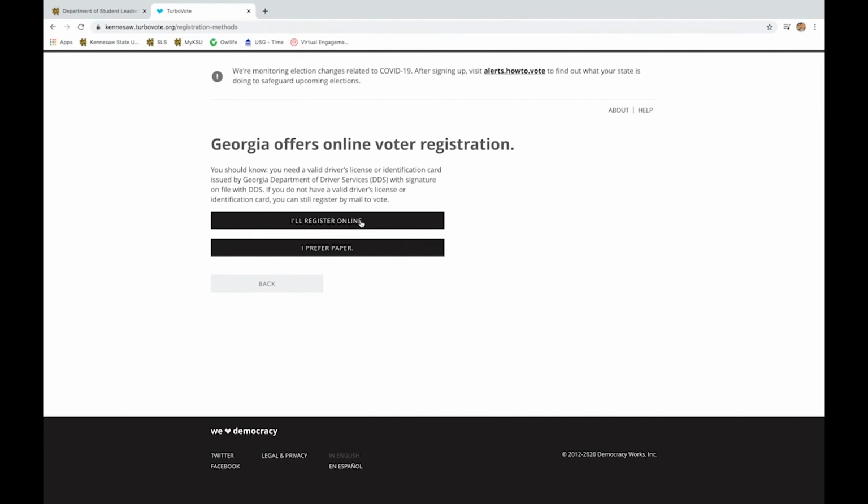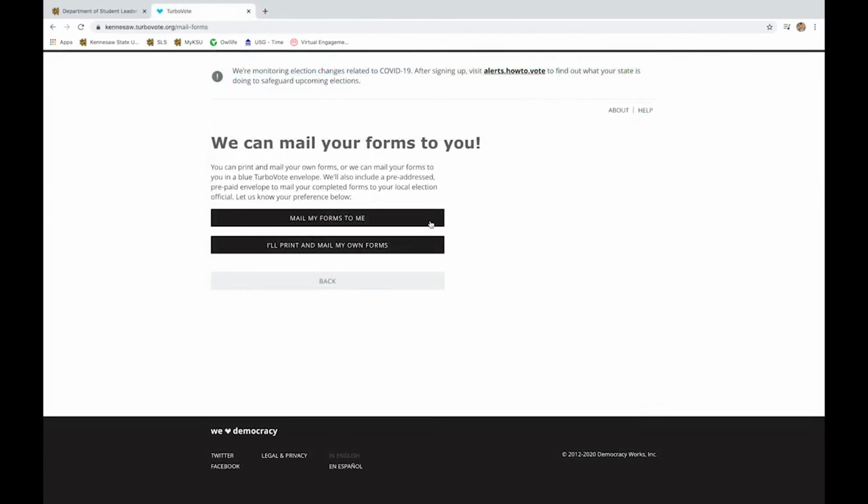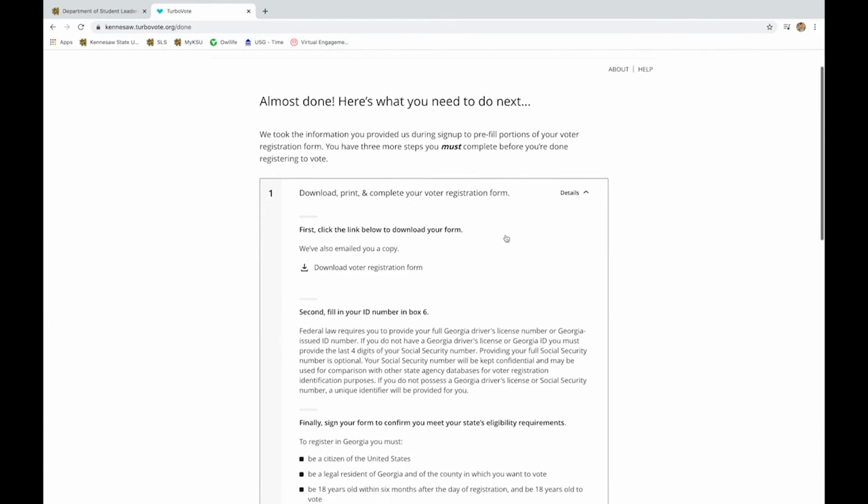Either way, it will direct you to Georgia's online voter registration system, where you will either enter or update your information electronically, or mail in your paper registration by downloading the PDF form, printing it, and sending it to your local county elections office. The process can take 2 to 6 weeks, so check your status often via the Georgia